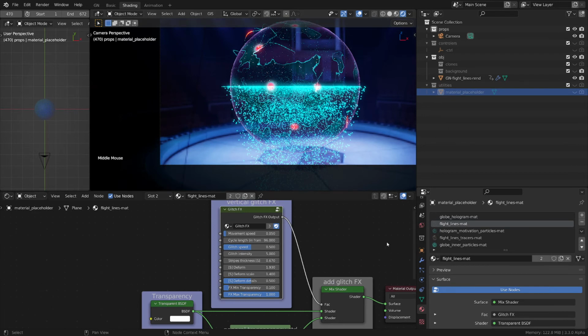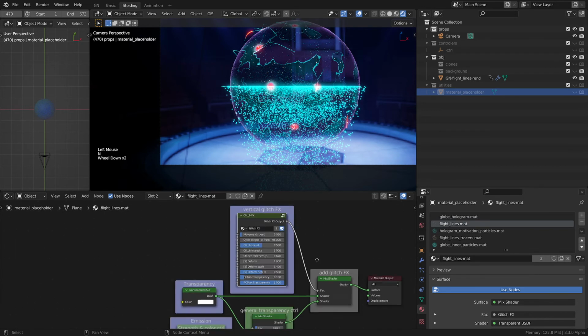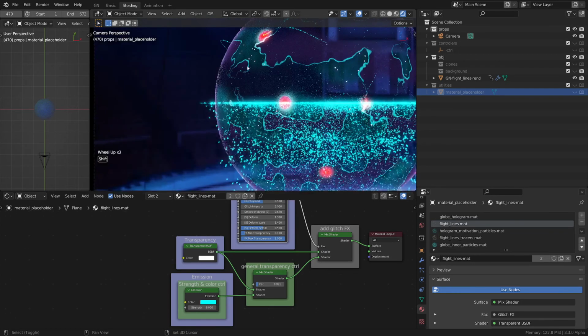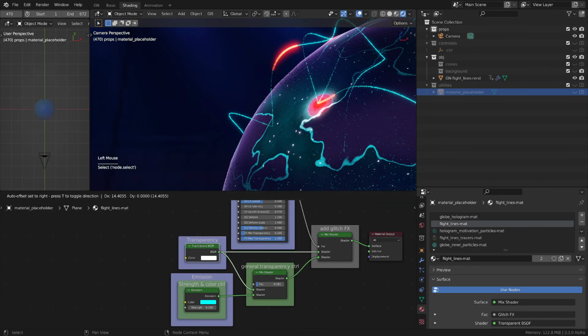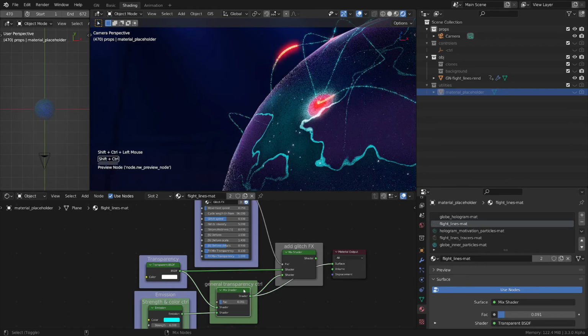So again, pressing the N and looking at the options here, we have alpha hashed for this one. So we have an emission shader. We are talking about the lines here, the blue ones. So we have this emission shader that has some transparency added to it manually here. Then a procedural transparency to sync with the glitch effect here,